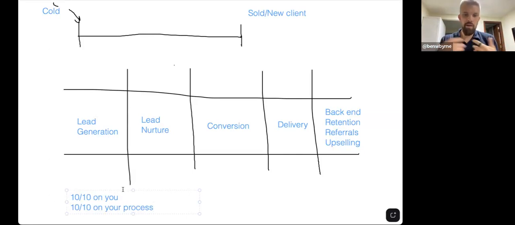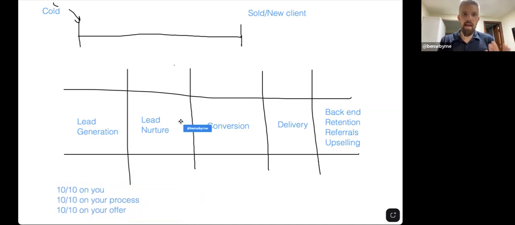If you're familiar with the marketing copywriting world, it's how you get them results, right? It has to be unique enough where they're like, oh, I want to work with Ben, not just because he can help me sell, but because he's really good at helping me pre-sell my leads, or really good at helping me frame and whatever. And then 10 out of 10 on your offer. So these are the 3 10s that a lead nurture process is basically a function of.